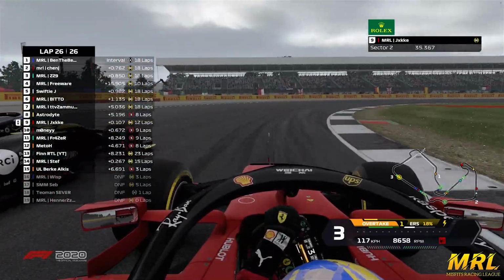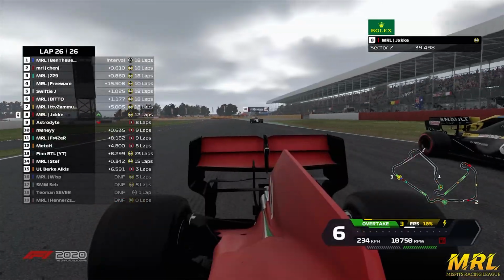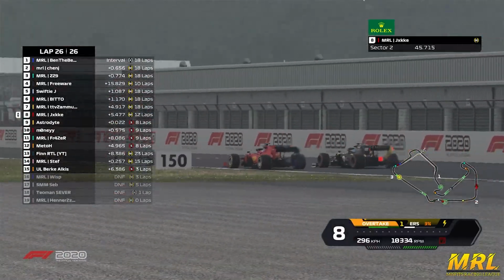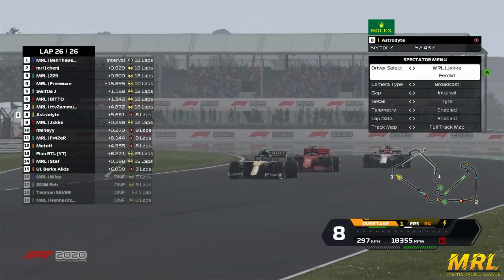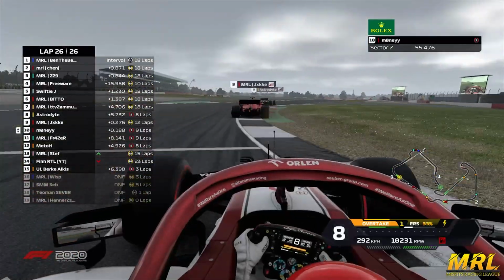Jake on the inside coming through Luffield right now. He's got Astrodite. Ooh, Astrodite. Going a little wide there, a little bit of contact right now. The Ferrari's through into P8, but Astrodite isn't finished with him. He's looking at the inside, coming back on him. He gets back through, coming ahead of Copse. And that was a nice move from Astrodite to get that position back,